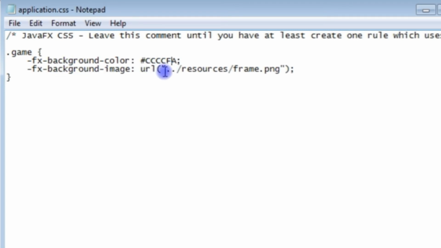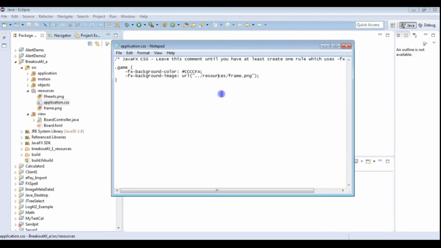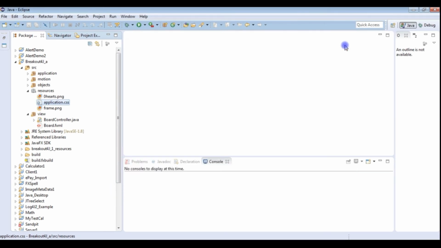quadruple C FA, and then setting the FX background image to be a URL, and you have to get this right, which is why we put the images where we did. Double quote, then full stop, slash resources, slash frame dot png, close double quotes. And basically what we're going to do is say that wherever we use this dot game style class, use this image and use that background color. So make those changes and save it in the file,